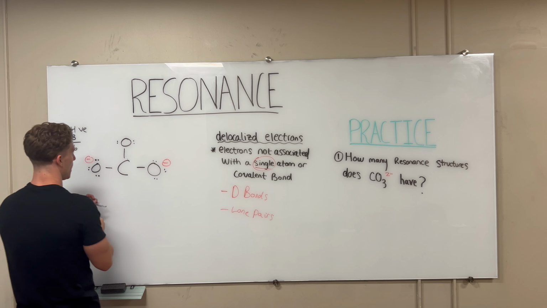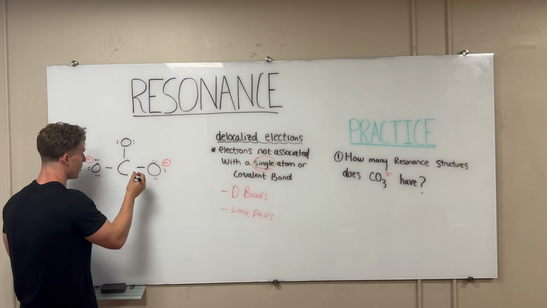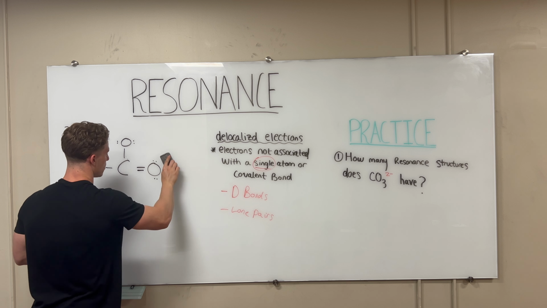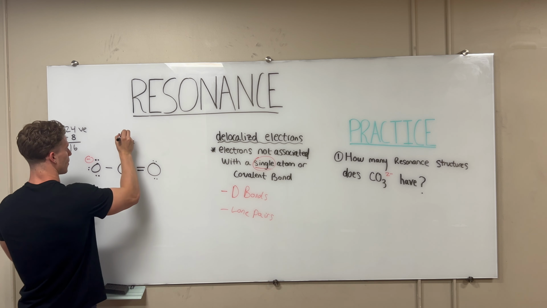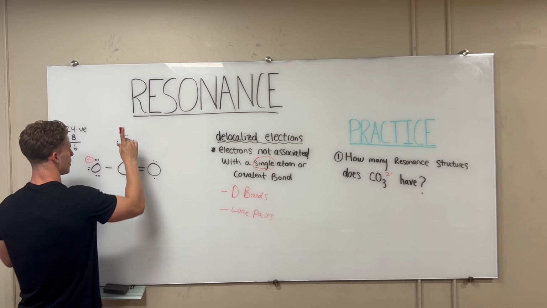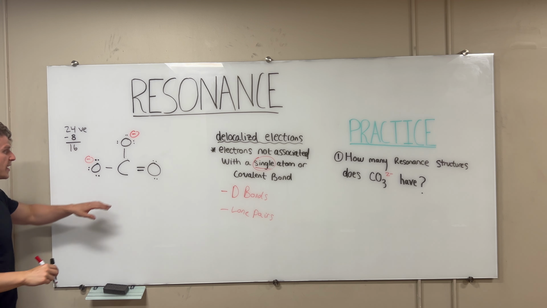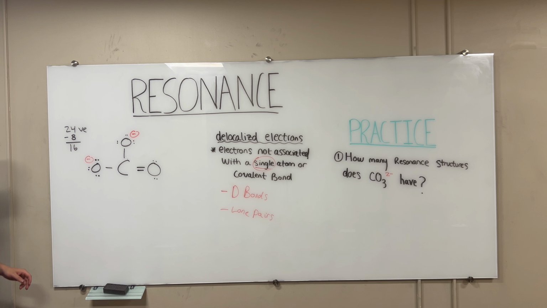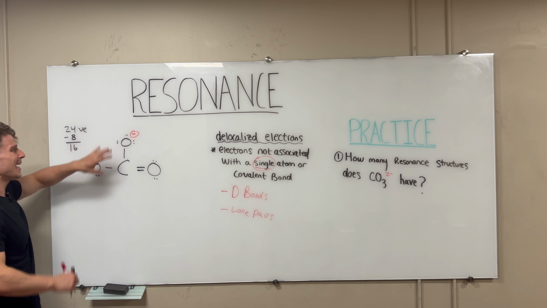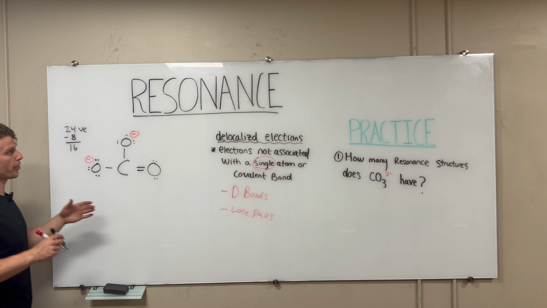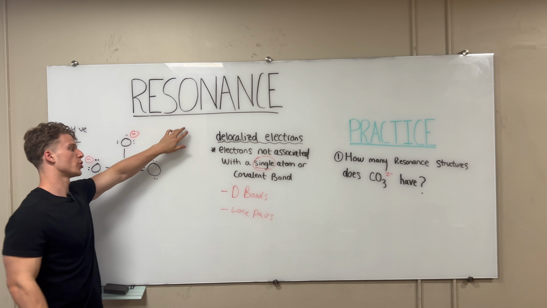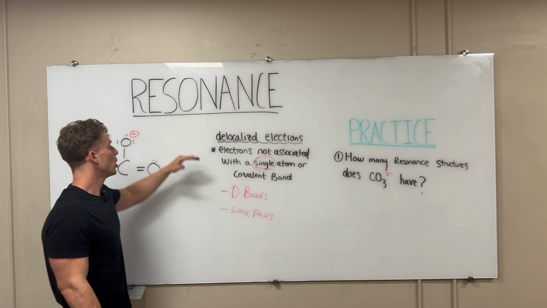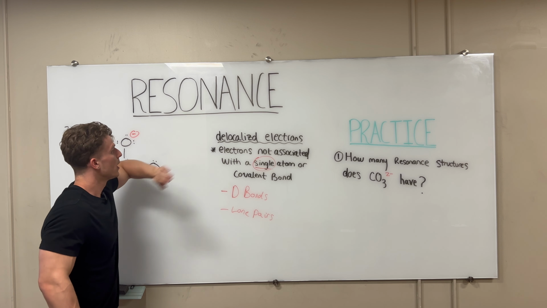What happens if instead we put the double bond here? Now, let's keep this lone pair here. So now we've seen the double bond be here, here, and here. So what we can see is that there are 3 equally contributing Lewis structures, or 3 equal resonance structures for this CO3 2- molecule. So just remember, resonance, you want to be on the lookout for it when you have